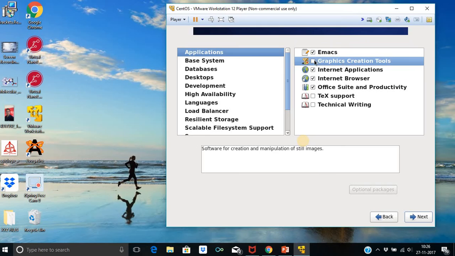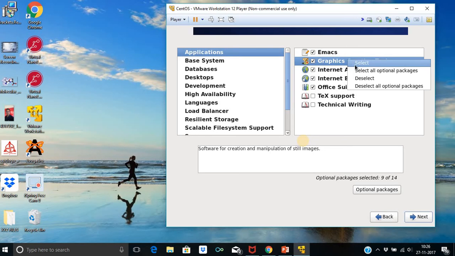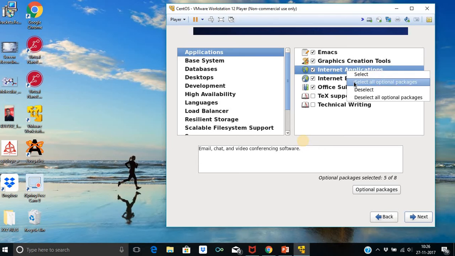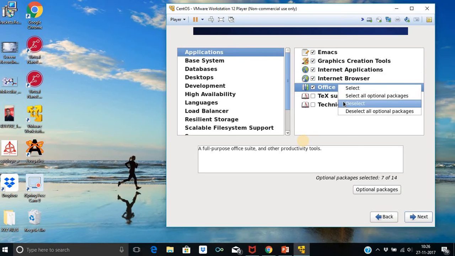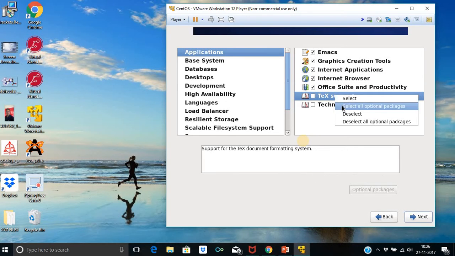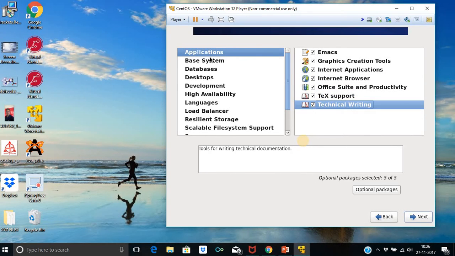Let's check the optional package selection, 9 of 14. Five packages are being left, but if we select all optional packages, all 14 packages will be installed. So carefully select all packages.